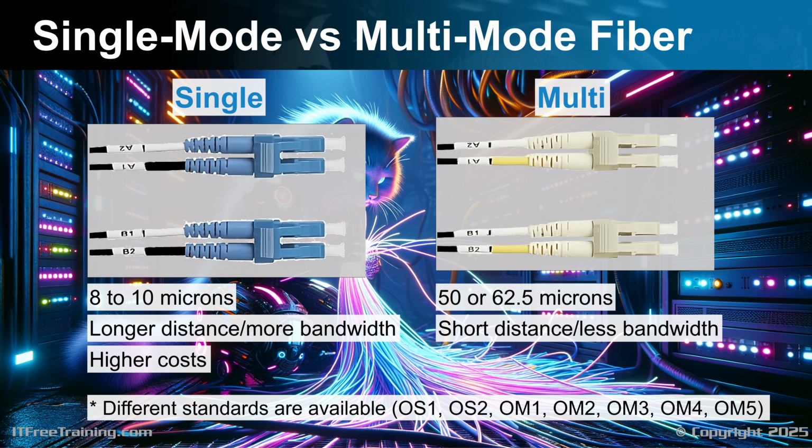Multi-mode fiber is for a shorter length and supports less bandwidth. Despite being relatively short in length, the performance of the cable varies with its quality, allowing it to cover distances ranging from 100 meters to a kilometer. Additionally, it can facilitate data speeds of 1 gigabit per second or more, depending on the specifications. Multi-mode also costs less than single-mode.